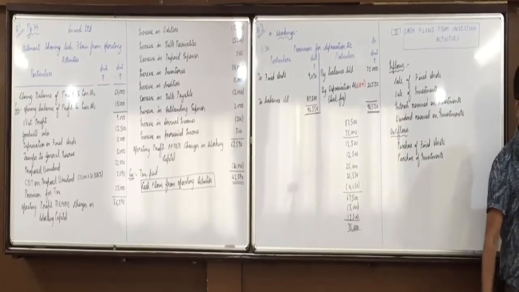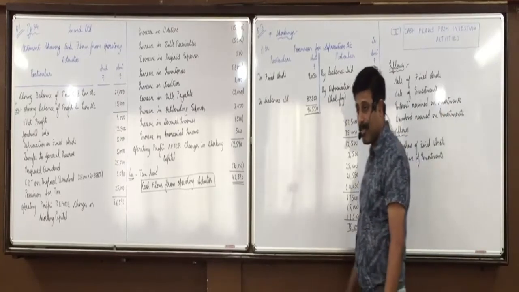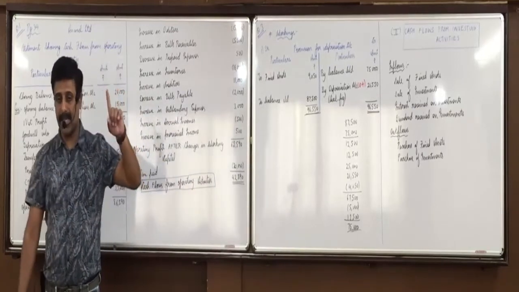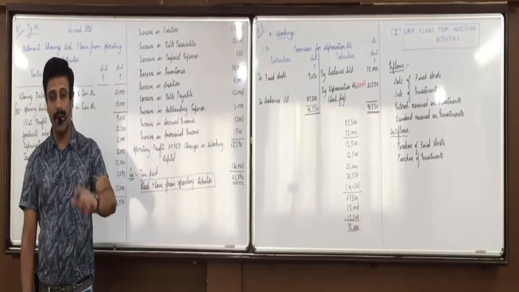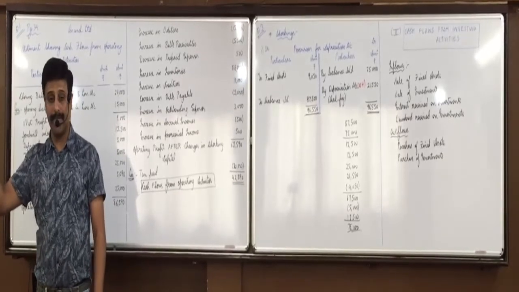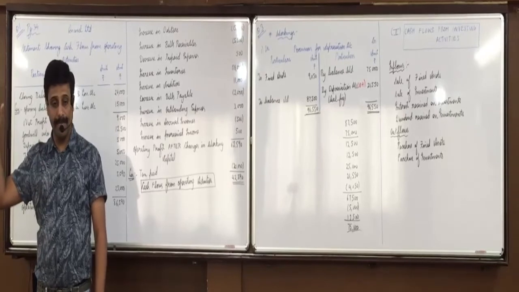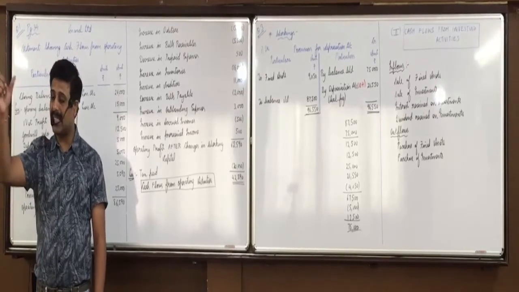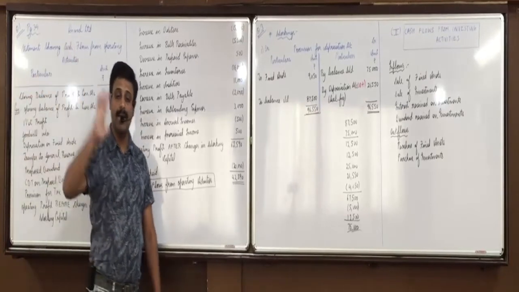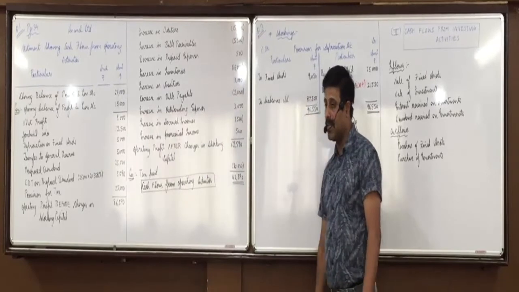Workings will be involved, because generally you find purchase of fixed assets and investments is missing. To find the purchase of fixed assets and investments, as we studied in the last chapter, we have to make a fixed assets account or investment account. Then again you have to see the balance sheet. If only fixed assets is given, then we make it at WDV. If the balance sheet shows fixed assets minus accumulated depreciation, then we make the fixed assets account at cost. Those workings remain exactly the same. Is everyone clear with this?